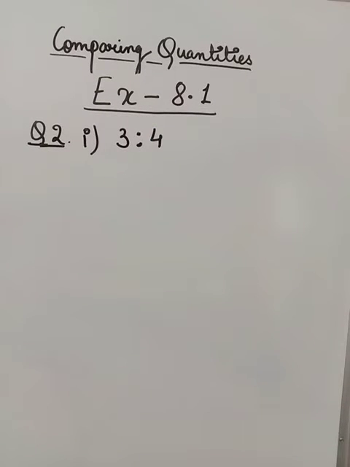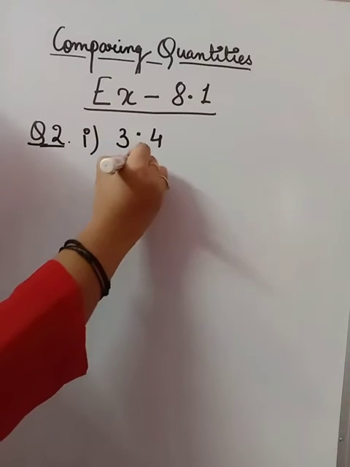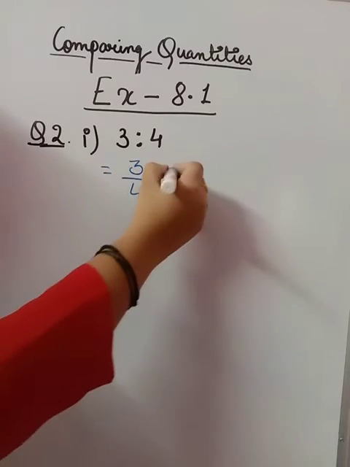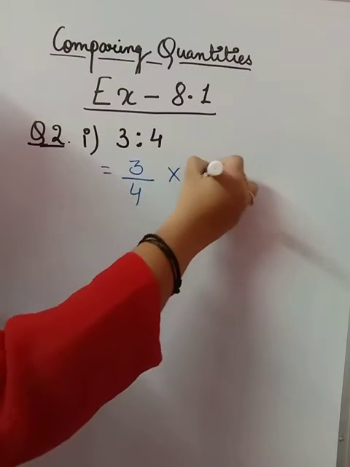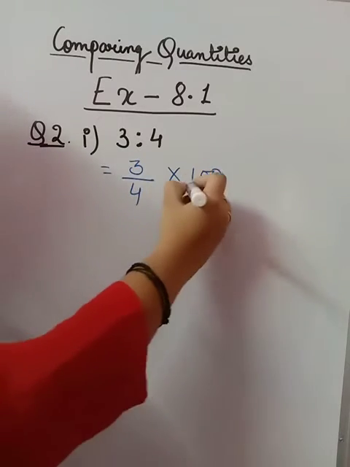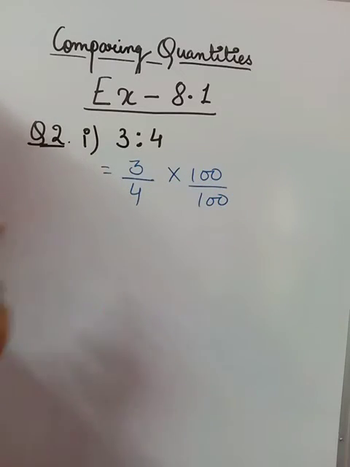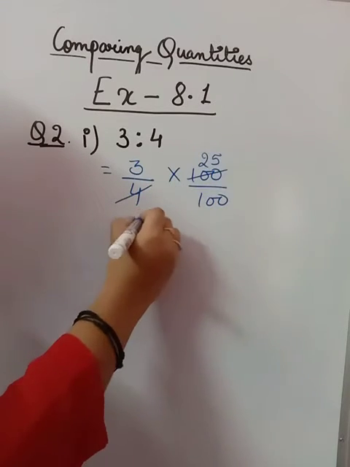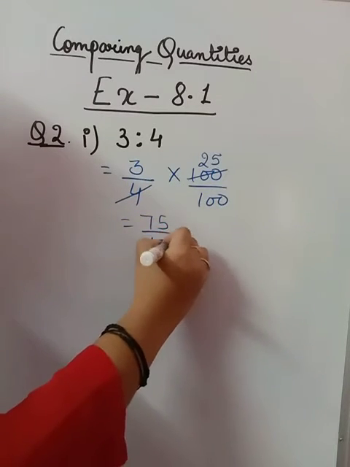Let us move on to the question number 2, that is we have to convert these ratios into fractions. So what we will do is we will simply write these ratios into the fractional terms, and to convert it into fraction we will simply multiply it with 100. So we multiply with 100 and divide by 100. Okay, so this will divide 25. So we are left with 75 upon 100, which is equals to